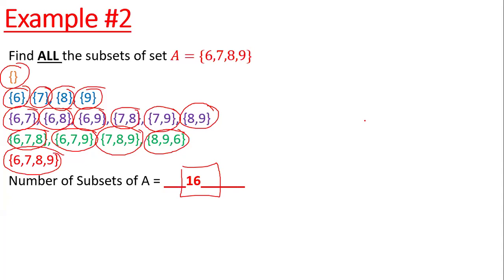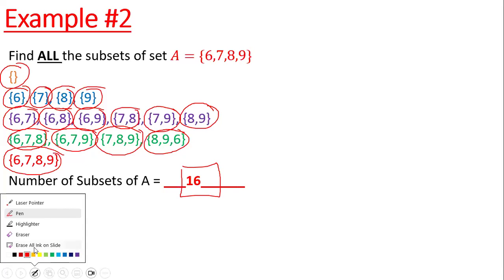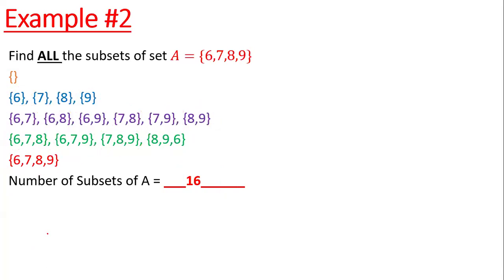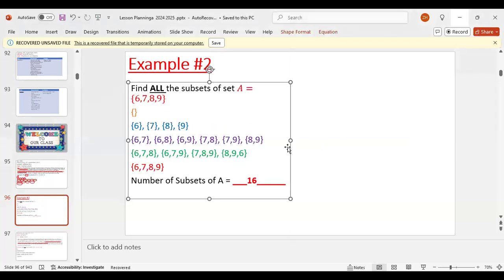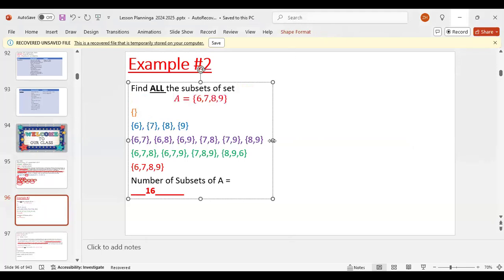Okay, so, by the way, we're not done with this slide, so I'm not gonna ask you to send the notes yet. But when we're done with the slide, I'm gonna ask you to send the notes for this one. So let's do another example. What if it's not like 4 elements? What if it's like 2 elements? Not 2 elements, 2 elements is too easy. What if it's like 3 elements?